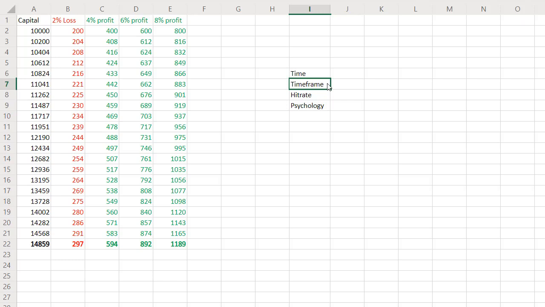I put it just below time. That time frame, of course, I already said it. If you trade the 4-hour daily and weekly chart, of course, that time frame takes more time for trades to be running. And if you trade the daily chart, of course you will find more trades probably, but believe me, your stop loss will get hit a lot. So that could be very stressful, and I do not like to sit behind my charts all day as well. So there are a lot of reasons I can go into on another video, but the time frame you pick will have effect on the time you need a trade to run.